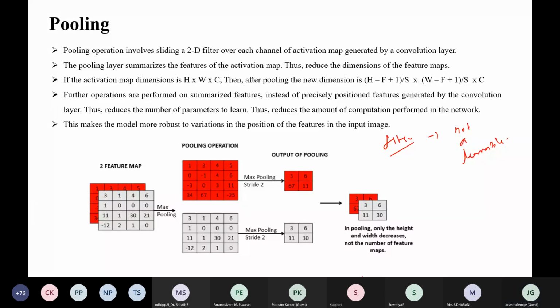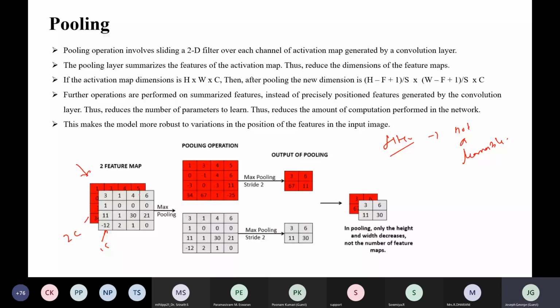After this convolution operation, you have two feature maps. This is the first channel, and this is the second channel. So this is our feature map, because here we are using two filters to produce it.